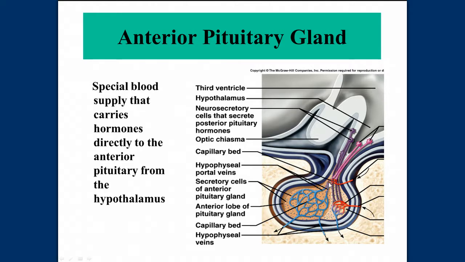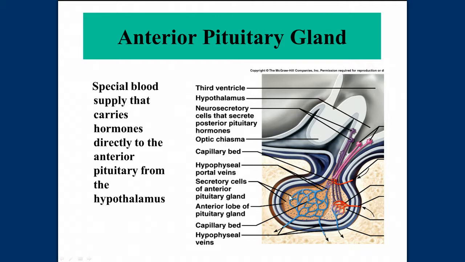Okay, see these, this is vascular, this capillary bed. Capillaries, remember, you have arteries to arterioles to capillaries to venules to veins. And so here there is an arteriole that comes in here to capillaries, and then from capillaries to venules, and so these veins